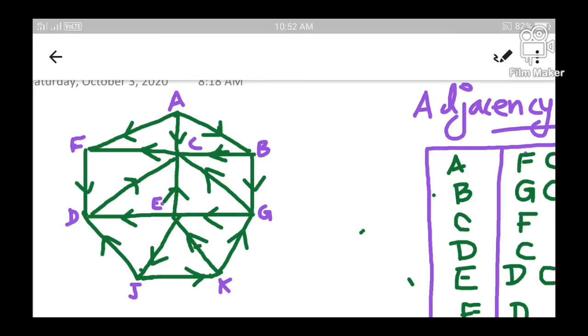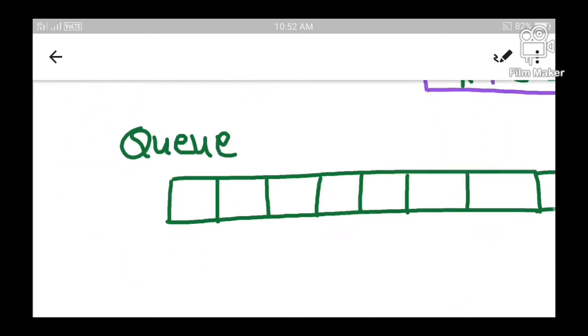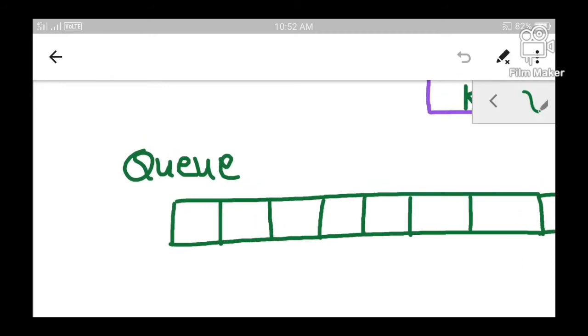After selecting the starting node, you have to insert that node into the queue. I am going to insert the starting node onto the queue. So since I have taken A as my starting node, I am going to insert A into the queue. So let me insert A first. Okay, I have inserted the node A into the queue. So this is the first step. You have to identify any one starting node, and the identified starting node must be inserted into the queue.